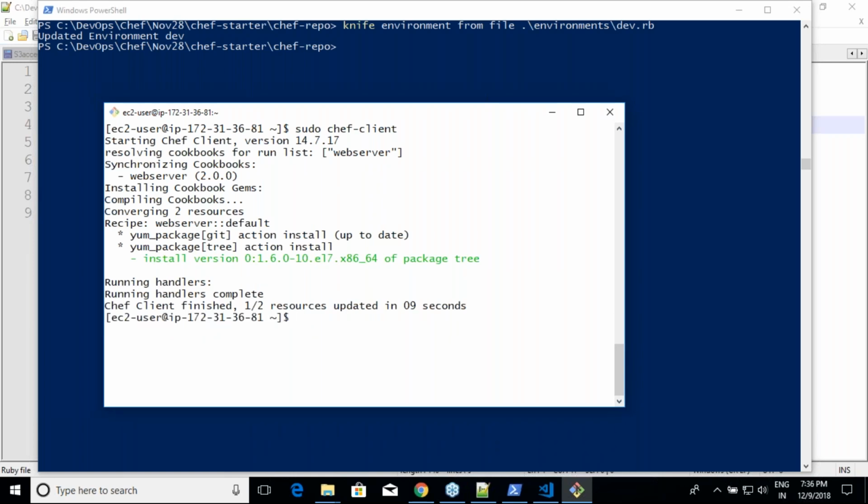Is that fine? Yeah. Now the thing which I have to do is the same drill on the other two machines, which I am not going to do because you have understood conceptually what it is, right? So this is why we use environments and roles and attributes. Environments save us from accidental uploads of cookbooks and applying them, right? And in production, remember whenever you are putting restrictions, always put restrictions on equals.